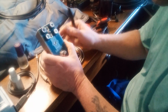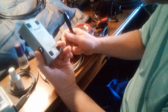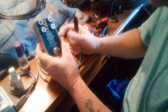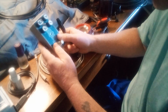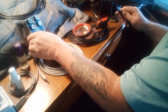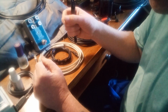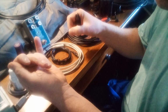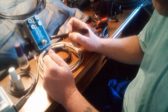I'm glad I got it. I don't use a lot of pedals anymore. In fact, I play mostly clean. This is a good one. I did my, what was it called? At Last My Soul. Right, which I had used